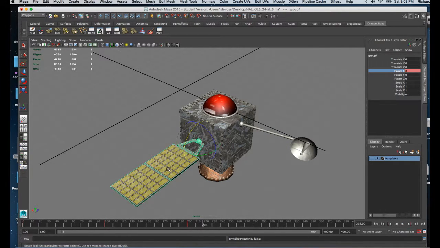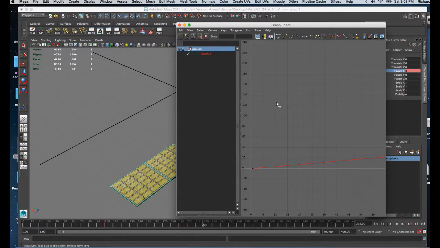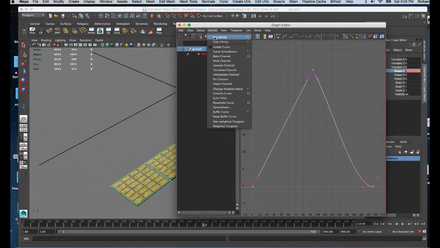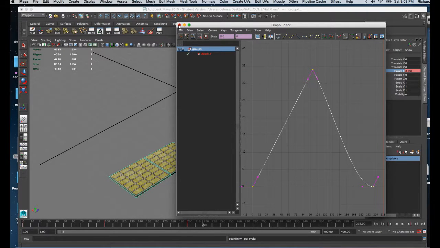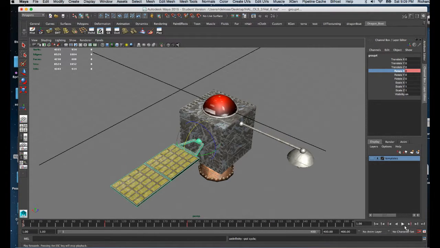So with that piece selected, I'll go back to the graph editor. I'll hit A on the keyboard so that I might see the whole keyframe line in the graph editor. I'll mark key selected. I'll go to curves, post infinity, cycle. So now if I was to return to my timeline and play it,